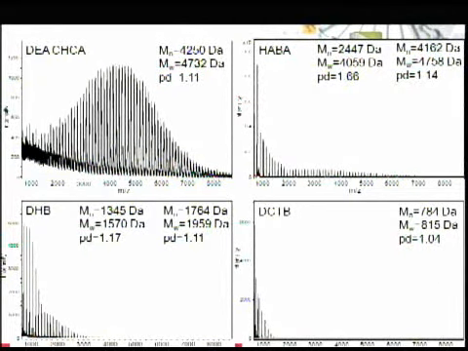By using this particular ionic liquid, which is diisopropyl ethyl ammonium CHCA, again the cinnamic acid, you can see the differences in the curve, and you're getting a true molecular weight distribution in this MALDI application using the ionic liquid as your matrix. So these are some of the unique advantages that we see with using ionic liquids for a liquid MALDI matrix.